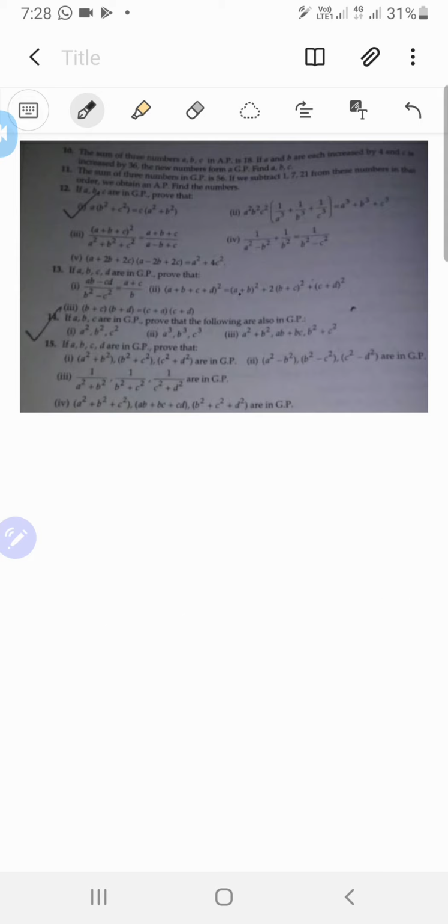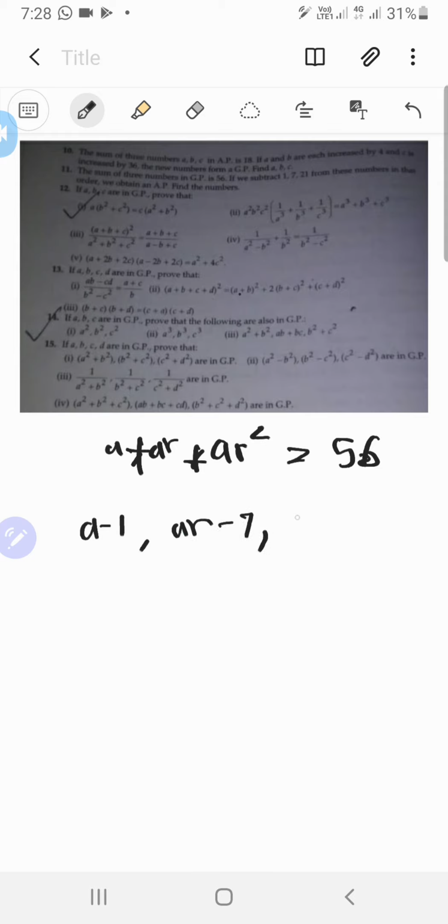Okay, let's go to the next question. The sum of three numbers in GP is 56. If we subtract 1, 7, and 21 from these numbers, then in that order we obtain an AP. Find the numbers. So suppose these three numbers are A, AR, and AR squared, and their sum is 56. Okay, and then if we subtract 1, 7, and 21 from these numbers,